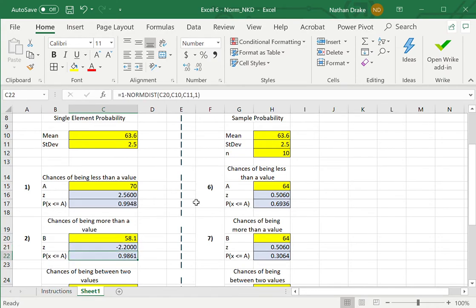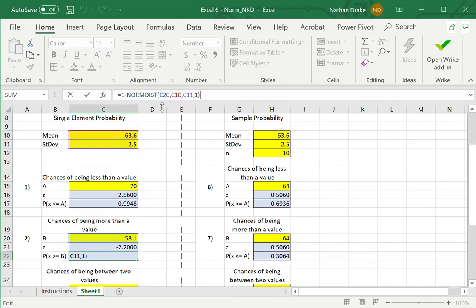And the only thing that's going to change in this calculation, oh, and this should say probability of x being greater than or equal to b. So the thing that's going to change here is that normal distribution is going to have the 58, the cell right here listed first. So C20 is listed first, referring to 58.1. The value of the mean, or the address of the mean, the cell address of the standard deviation, and then